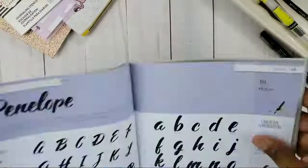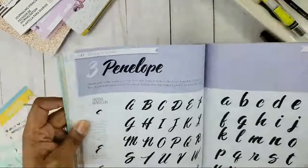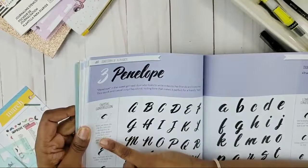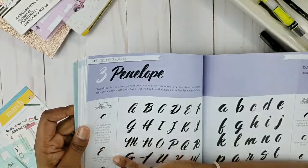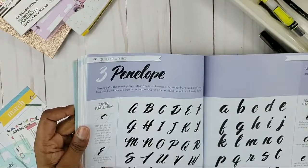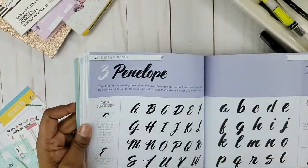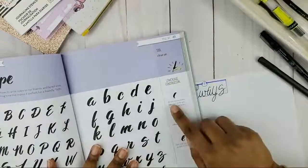And what's funny to me with this one, look at the font, look at how different the capital letter seems. Let's read this together. Capital construction, start just below the cap line. This is the cap line up here. Start just below the cap line using the slanted lines as guides. Draw upward and apply more pressure as you pull down. Ease up when you draw up again. Next, start just above the midline, which is the dots, and repeat the first curve. Okay, and then this is for E. Finish by drawing a curved upward stroke. So this one is a lot of curves, it seems, and upward strokes. And with the lowercase construction, it says with the brush pen, draw a lowercase c